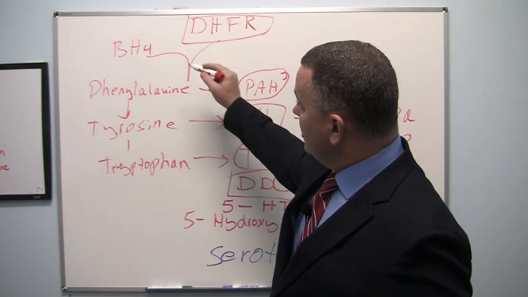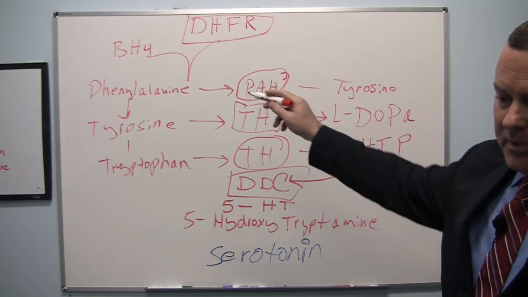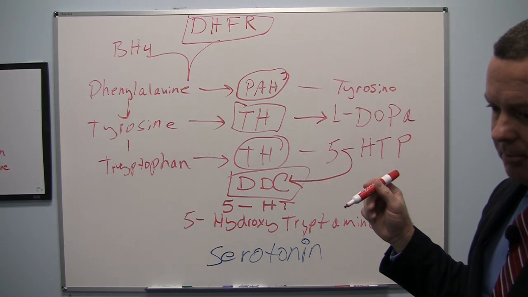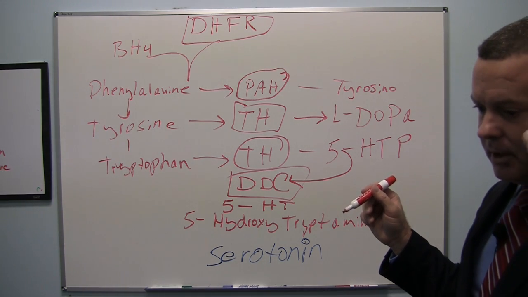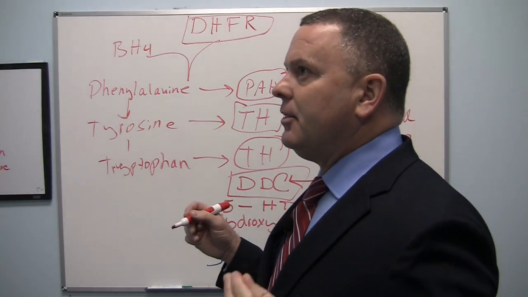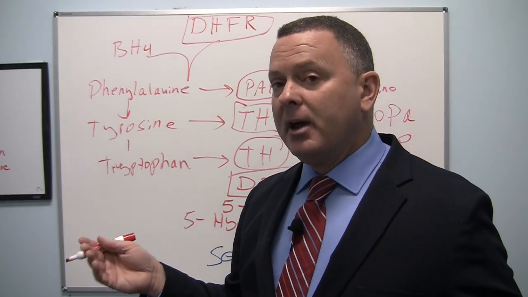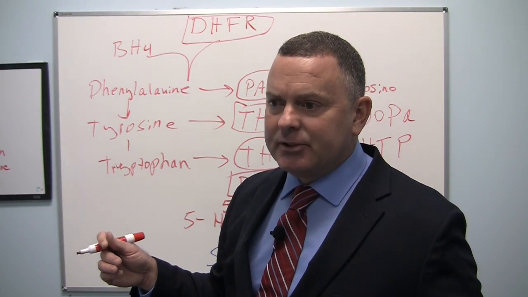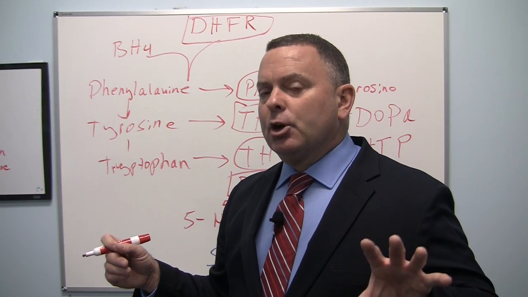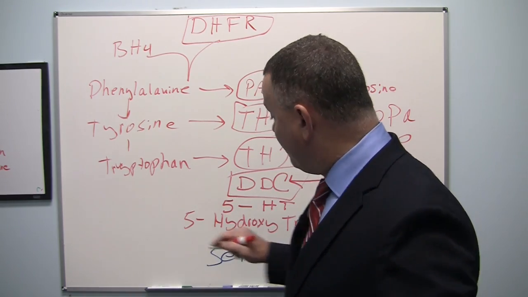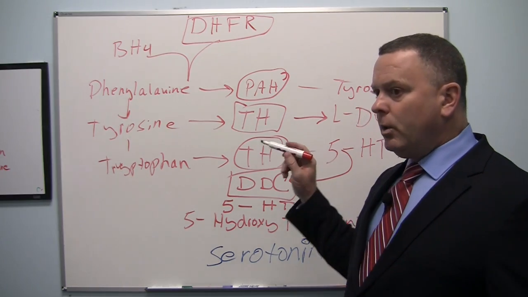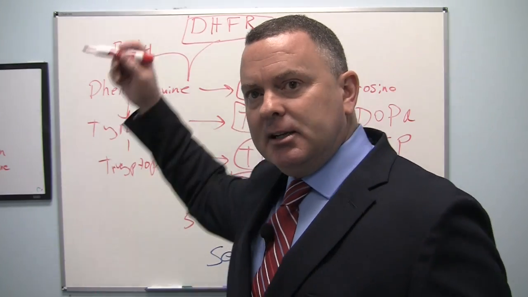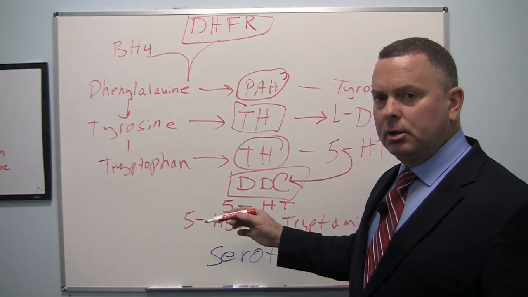And we talked about one initially, the tetrahydrobiopterin. That's one of the main cofactors. But, you know, we have other cofactors in here as well. To make things work, we need what we call methyl groups, and we need magnesium, and we need folate, we need calcium. We need a lot of other cofactors to make these happen. And if we're not getting good serotonin, we can add cofactors to your biochemistry to help this process work efficiently,